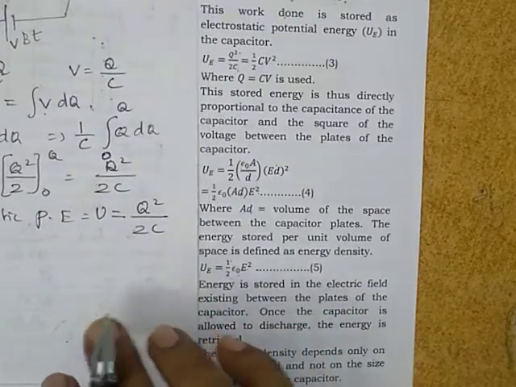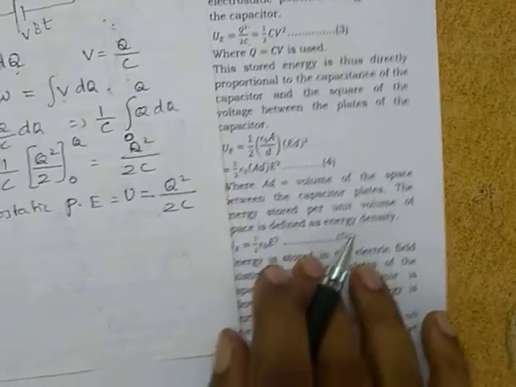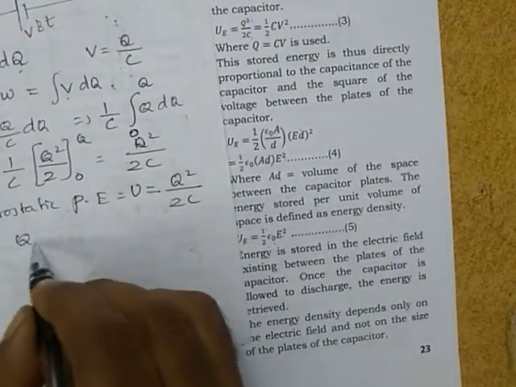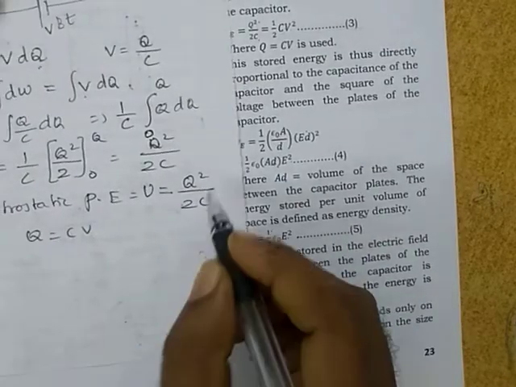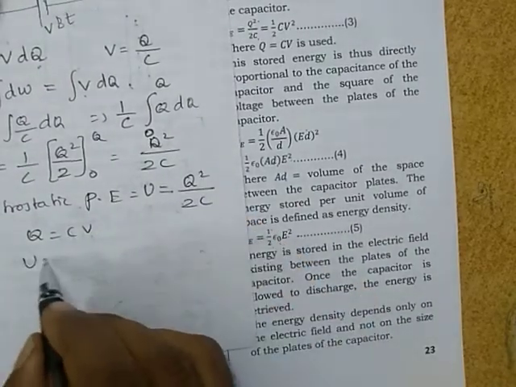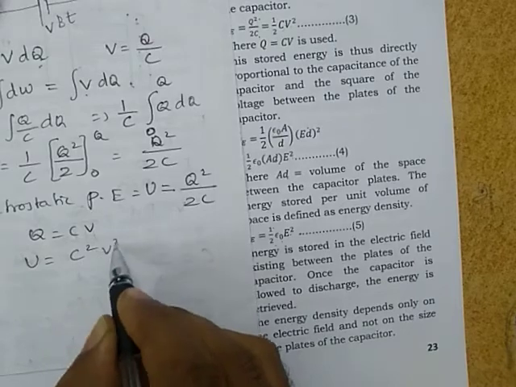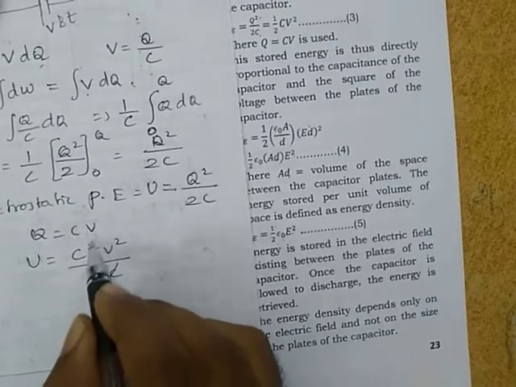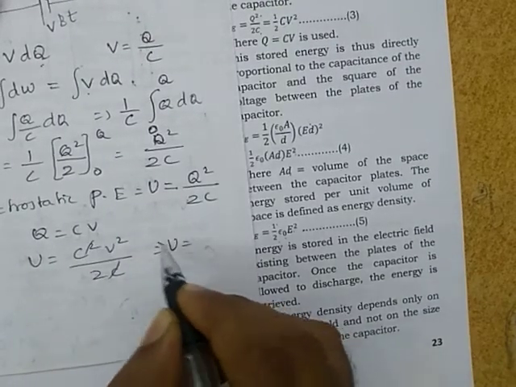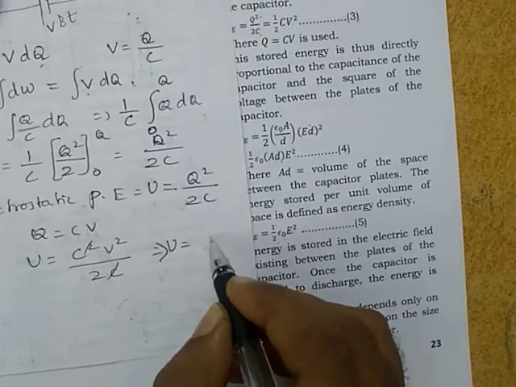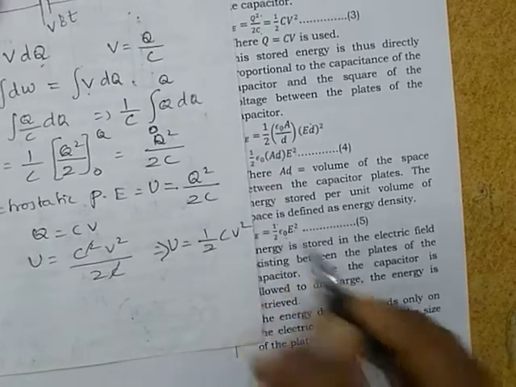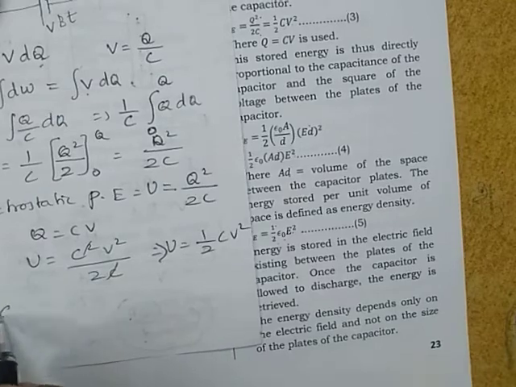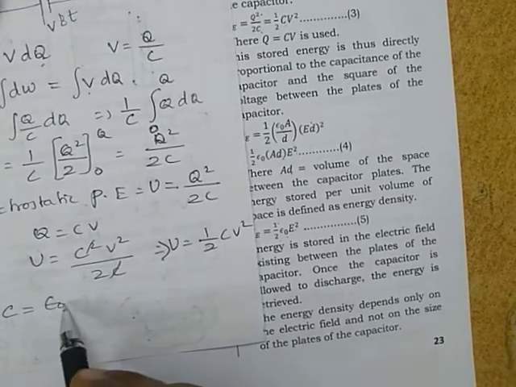Then we know Q is equal to CV. Substituting in this expression, energy U is equal to C square V square by 2C. Solving this, we get U is equal to half CV square. Then we know capacitance can be written as C is equal to epsilon naught A by D,